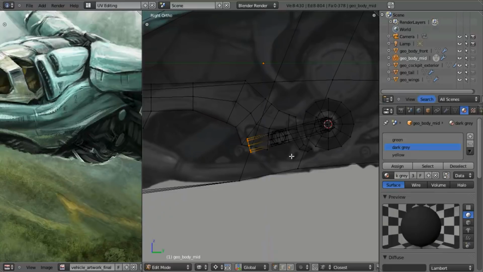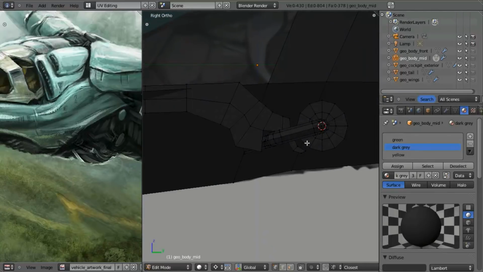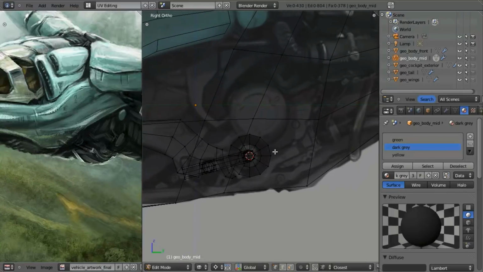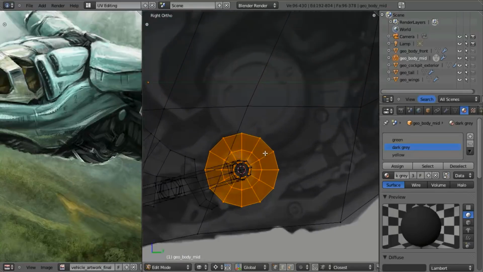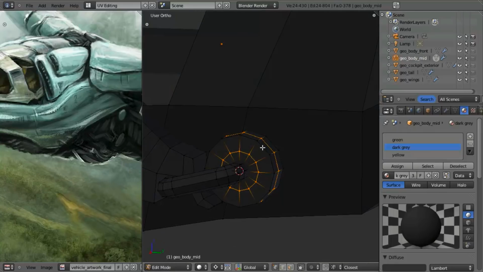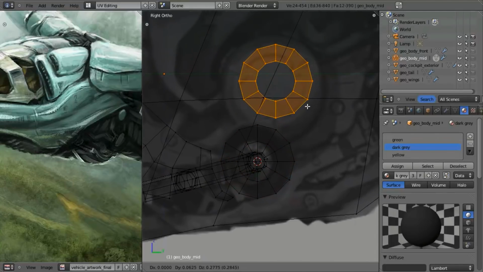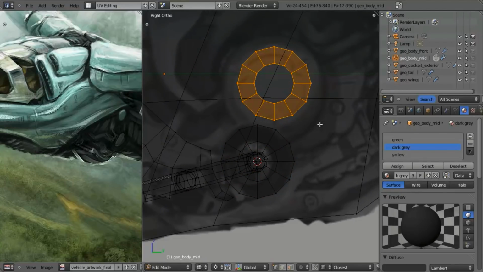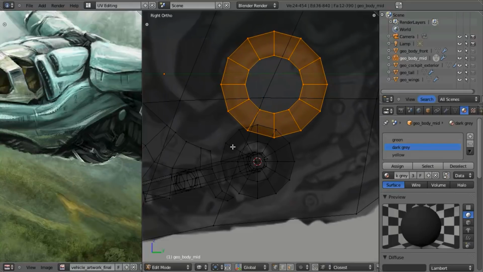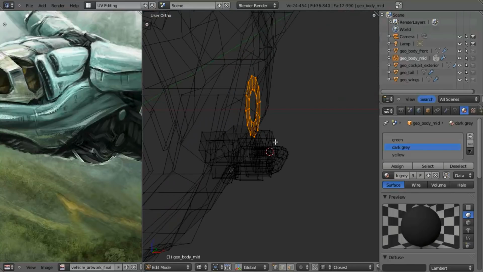Let's see, we'll go ahead and just leave that as it is for the time being until we figure out what exactly we're doing with all of that. So now let's go ahead. I'm going to grab the surface 2 loops like this. Hit 3 to go into side view. I'm going to hit Shift D, pull them up for this. I'll hit Comma to scale around the individual center. I'll scale that up, pull that in, and then pull that in along the x-axis, which then shows me that